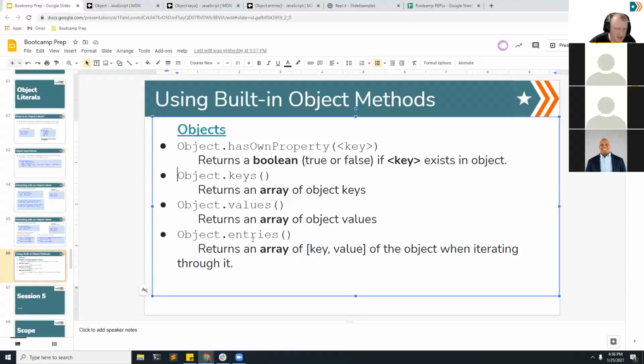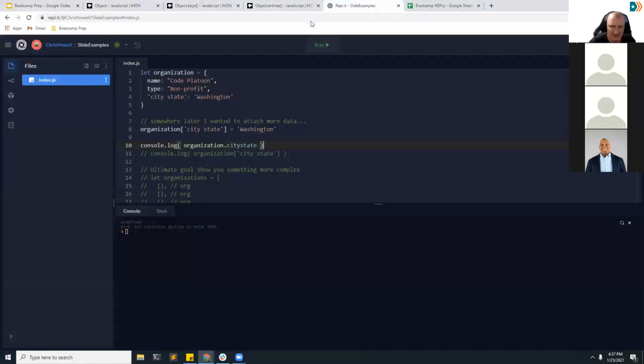So keys, values, and entries. They each are very consistent, right? They each return an array of either keys or an array of values or an array of arrays that contain keys and values. But we're going to look at those real quick because when you start nesting data types, things get interesting. So let me console.log